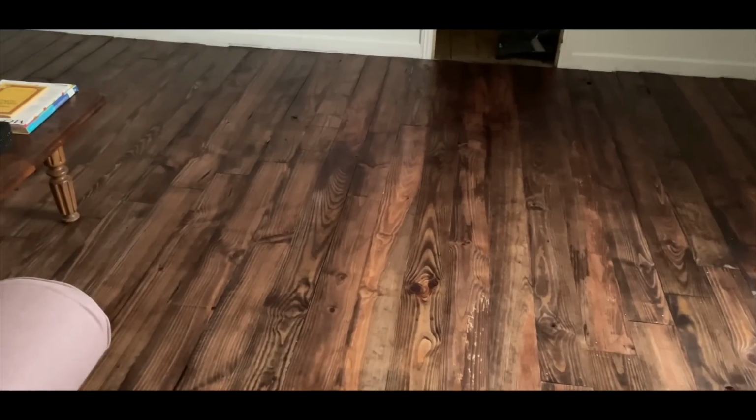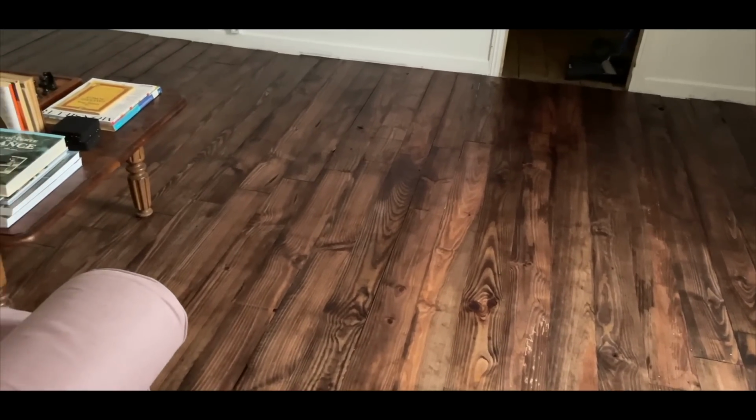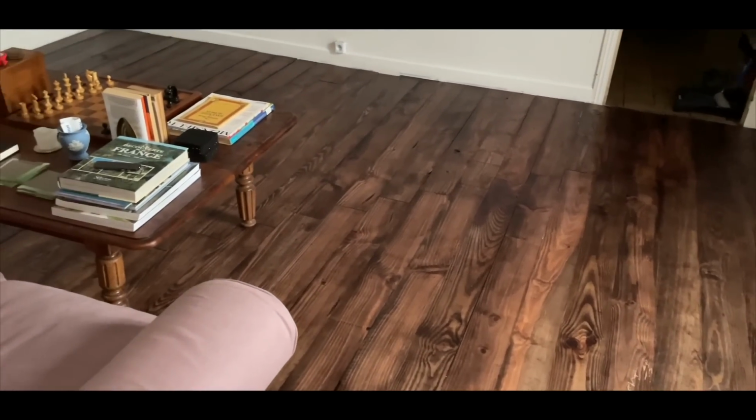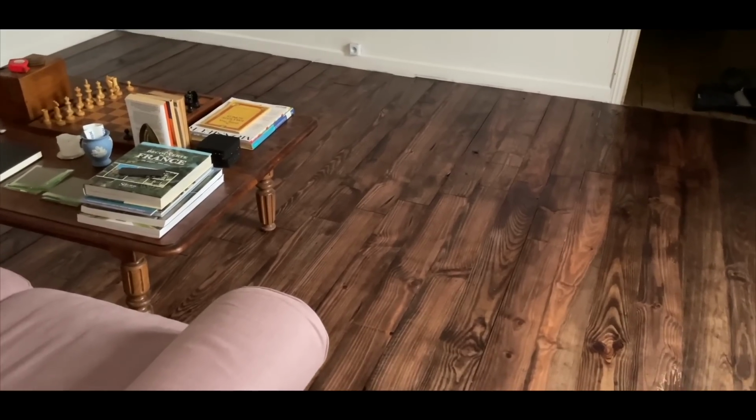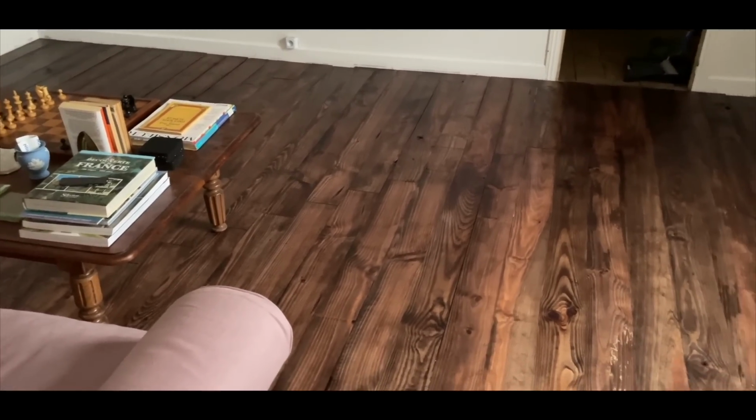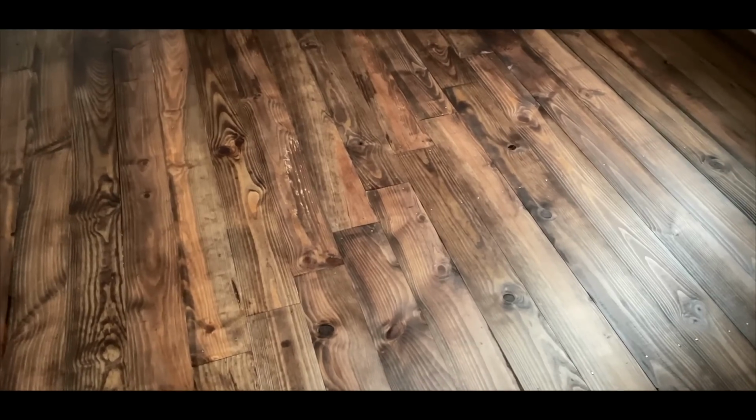Okay, now the second layer of the varnish is done. Yesterday we varnished that side of the room, and this morning when it was all dry, we carried the stuff there and now varnished this side. And there's a thunderstorm coming outside, so